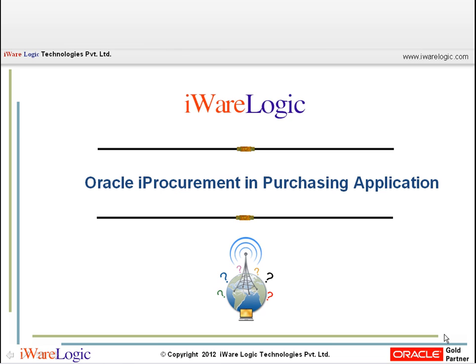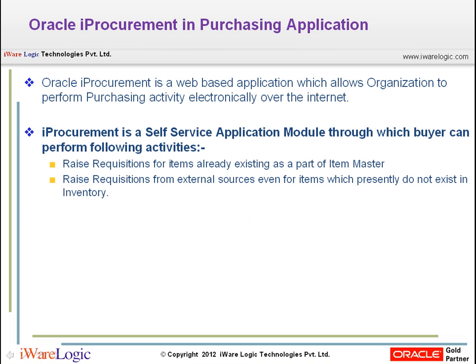Hello everyone. Good evening. Today's topic is iProcurement in the purchasing application. Oracle iProcurement is a web-based application which allows organizations to perform purchasing activity electronically over the internet. This particular application is available on the web so that any user can perform a few transactions using it